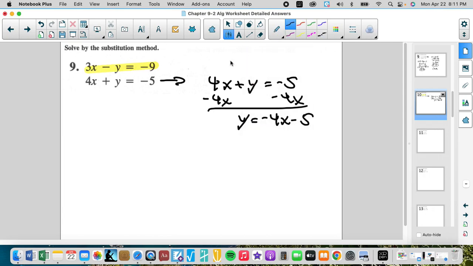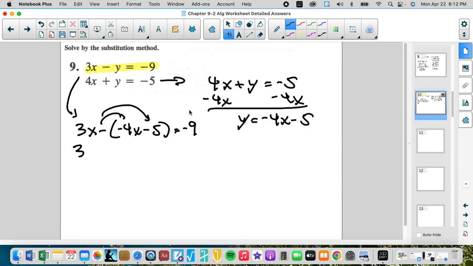Don't make that mistake. So if I have 3x minus, this is good that we showed this, minus the y value. So I need parentheses because I need to do the opposite of my y. This says the opposite of y. So I have to change all of the values here. Equals